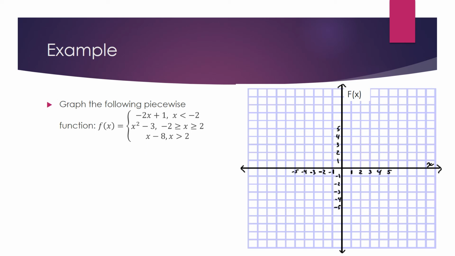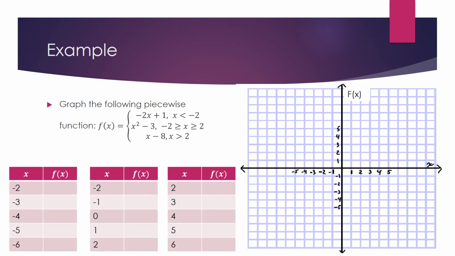So the first thing I did was to set up 3 charts. My one to the left, all the way over, is going to be for this particular function, the top function I'm underlining right now in purple. And I'll find the values for that. When I put them into my calculator, we are going to have 5, 7, 9, 11, and 13. Keep in mind that when we're taking a look at this, there is no bar